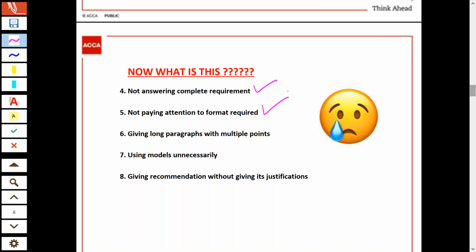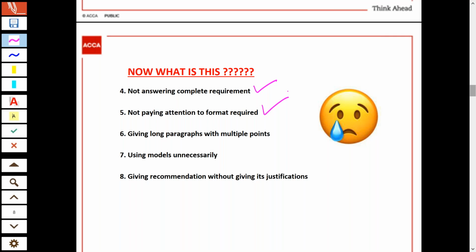I mean, I can't believe this. So nothing can be done about this. I cannot teach you how to give a complete answer. These are silly mistakes. Or maybe the students panic under exam conditions, or maybe they never had a teacher or a mentor who tells them. But if you are being very honest and unbiased, I hope you will see that these are very stupid comments,